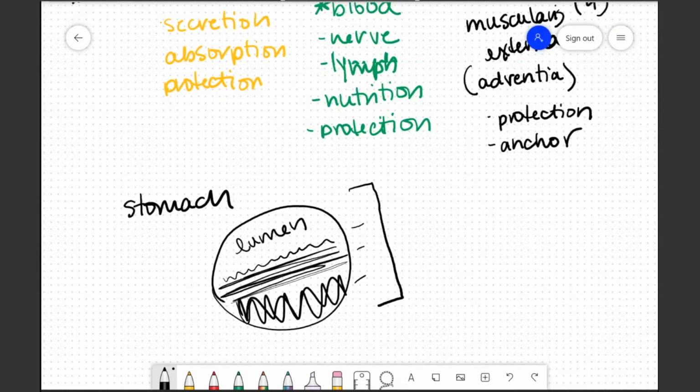One other thing I want to kind of hit on is some of the accessory digestive organs. We are not going to go in depth. So we're not going to go into the details of the teeth. So you do not need to know all the details regarding the teeth, all the numbers. If you are pursuing some sort of dental hygienist, please look at them, because you're going to need to know those. But for the purposes of this class, we're not going to go through and look at the teeth. And the same thing is going to be true for the details of salivary glands